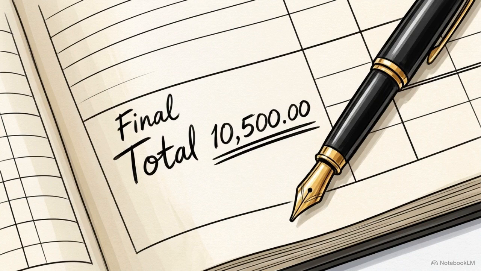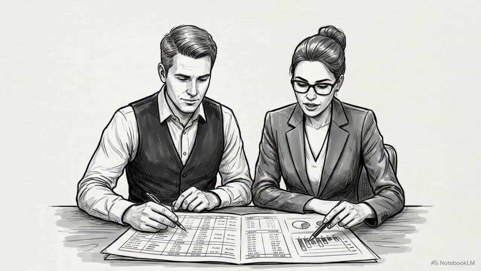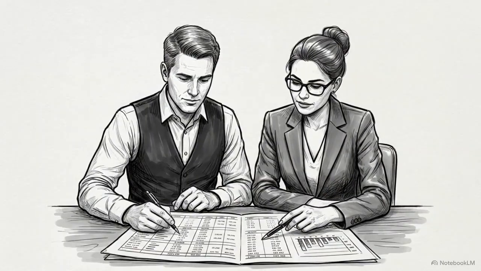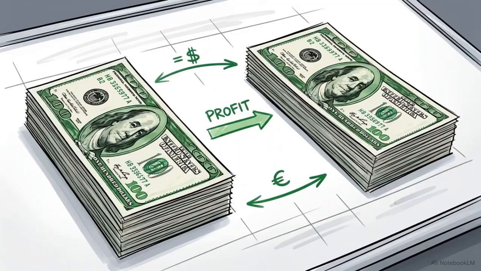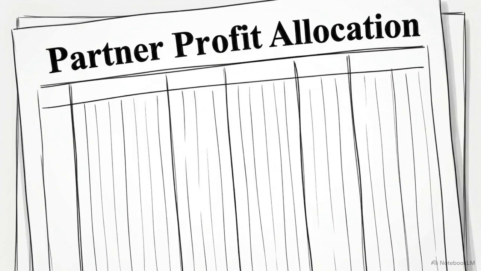In a sole trader business, calculating your final profit for the year is the end of the line. But when a business has 2 or more owners, reaching that profit figure is only the beginning of the process. That pool of wealth now needs to be divided. To do this, accountants use a specific document called a partnership appropriation account, designed specifically to share the profits fairly